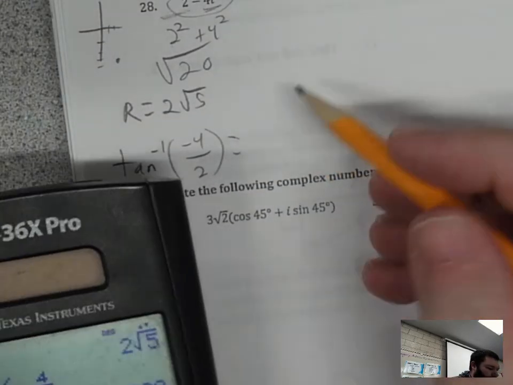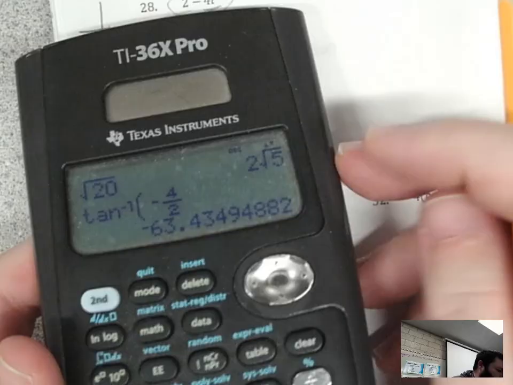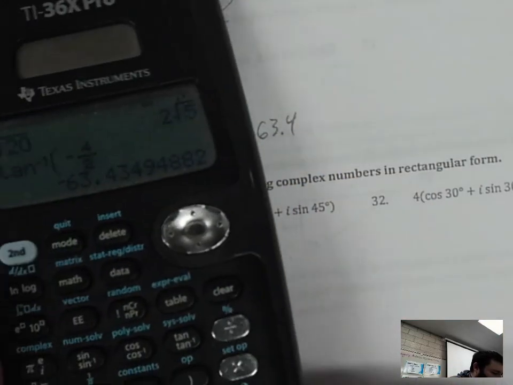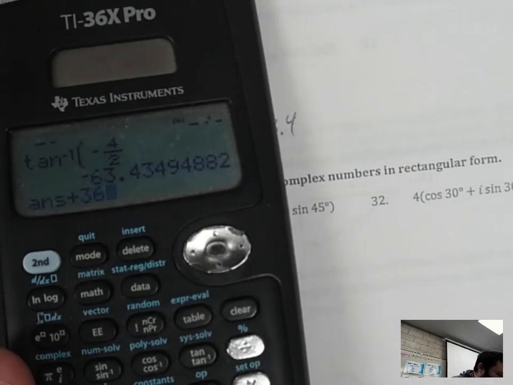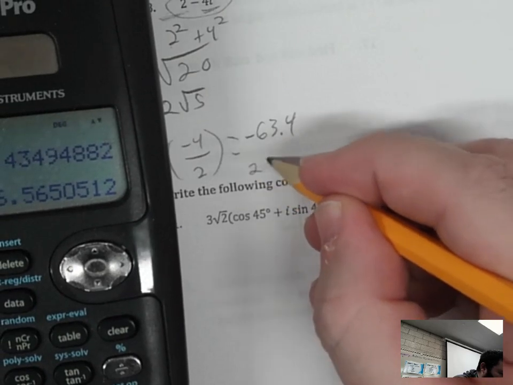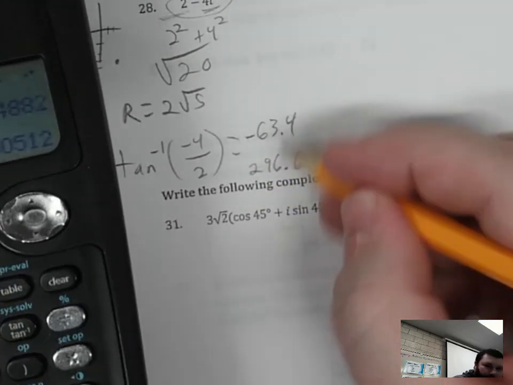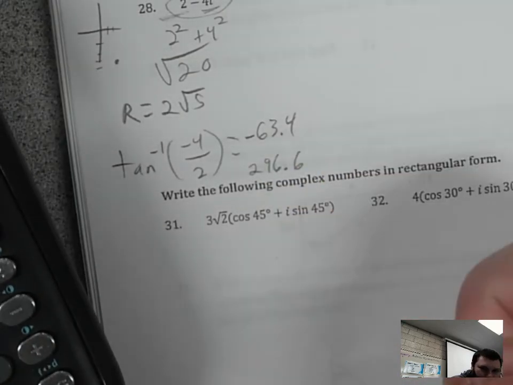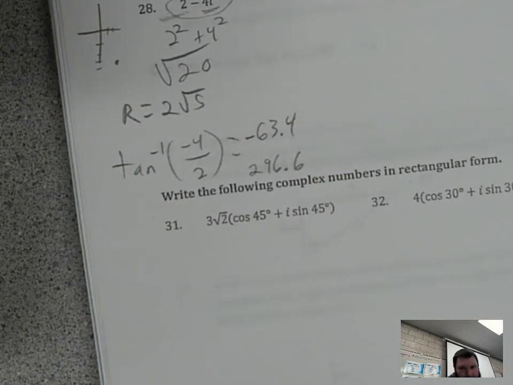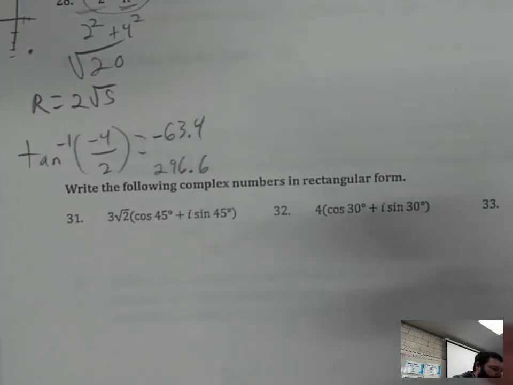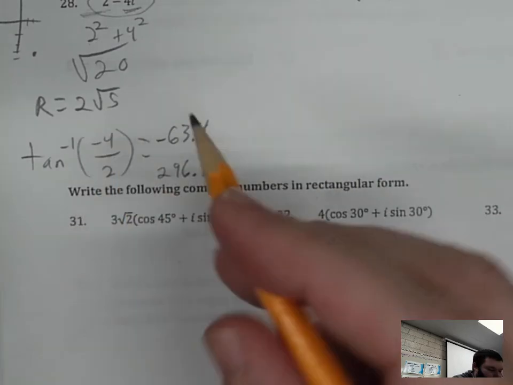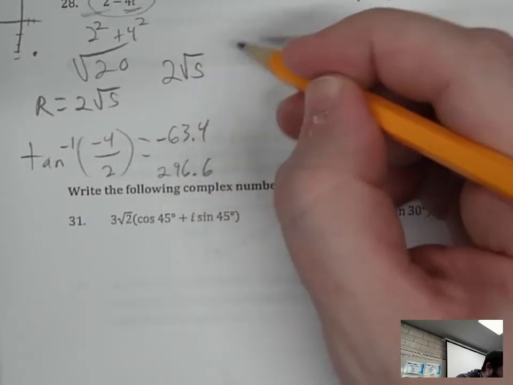So the two answers that would work, I got -63.43. So I could use -63.4, or if I add 360 to that, 296.56, so 296.6. Either of these answers will work and give you the correct answer when you put it into the polar form. So it doesn't matter which one you use for your theta. Both work, okay? So when I go back through and do my polar form, my r is 2√5, and then